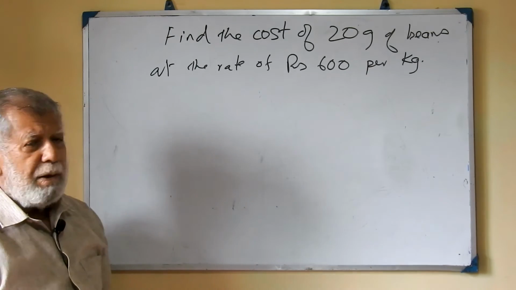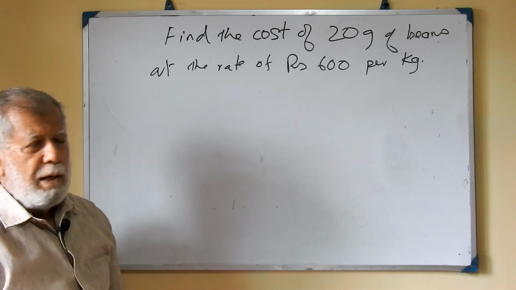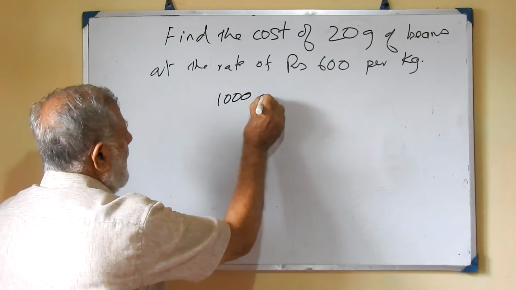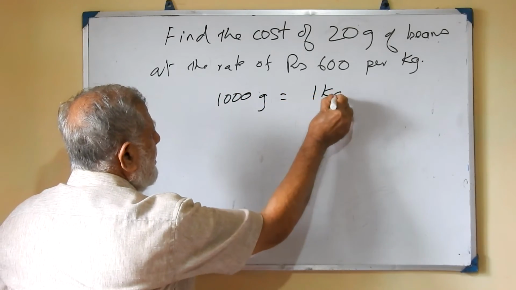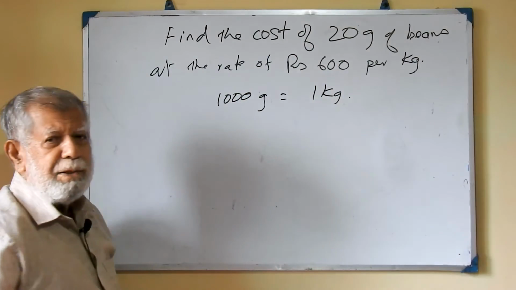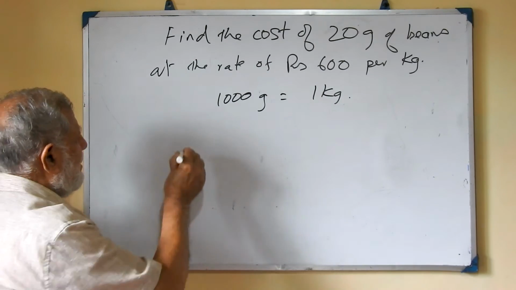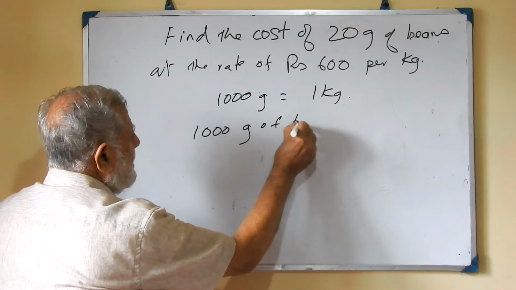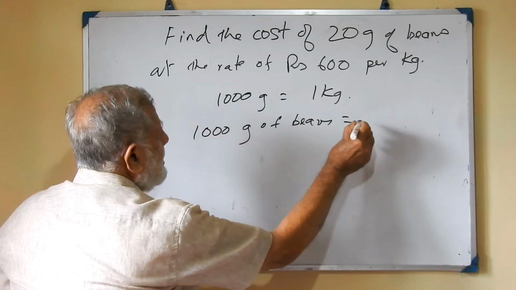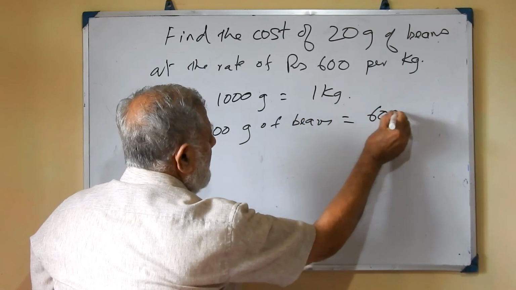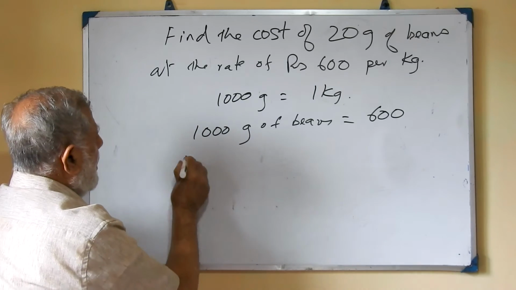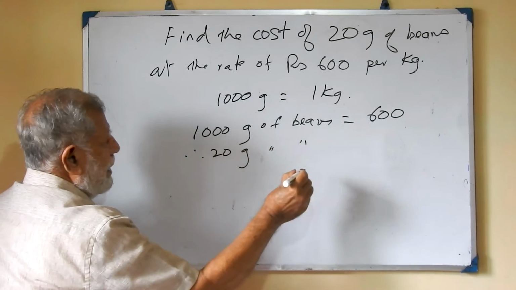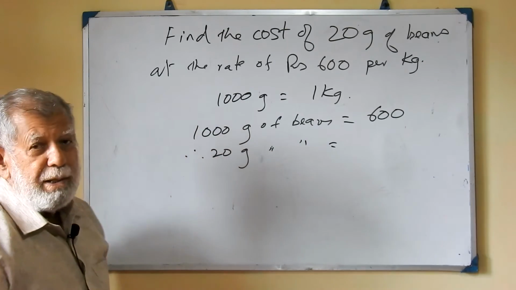How many grams are in a kilogram? You must know the tables very well. So we know that 1000 grams equals 1 kilogram. You must know that because all must be in the same unit. So we write down the statement: 1000 grams of beans equals rupees 600. Therefore, 20 grams of beans equals